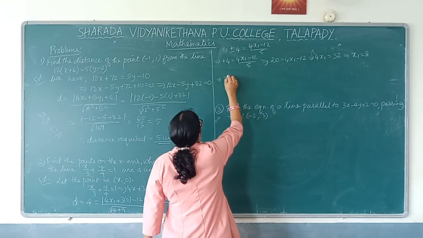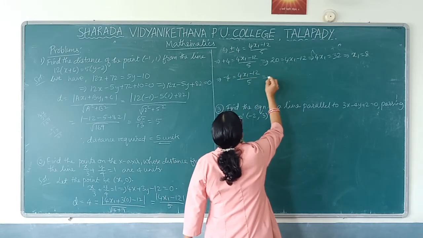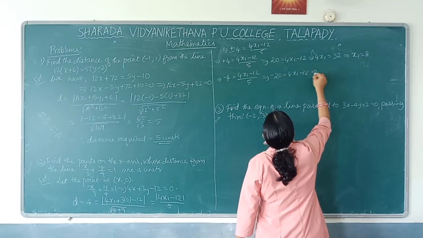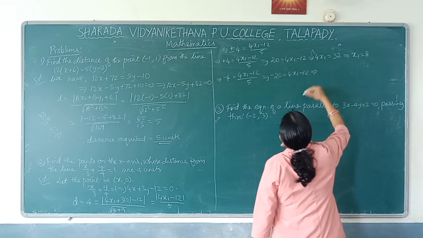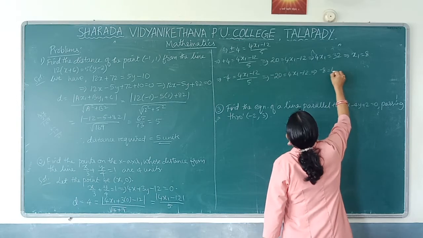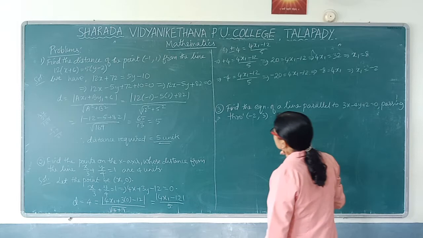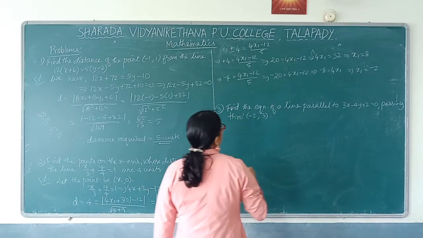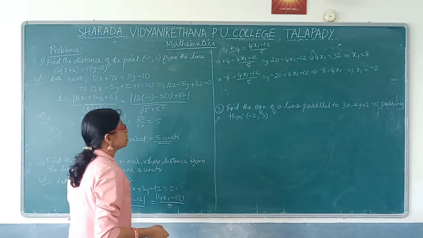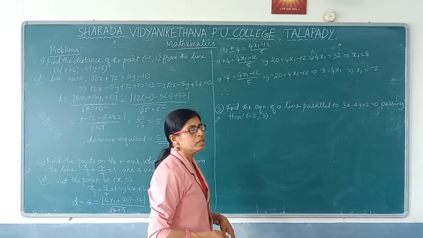Now we will take minus 4. Same procedure you repeat. So what do we get? 5 4s are, it is minus 20 is equal to 4x1 minus 12. So what do we get? Minus 20 plus 12. How much? It's minus 8. Correct? Minus 8 is equal to 4x1. So what is x1 value? x1 is equal to minus 2. So we got two x1 values, 8 and minus 2. Therefore, how many points are there whose distance is 4 units? It is on one side x1, that is (8, 0), and the other side we have got (-2, 0).